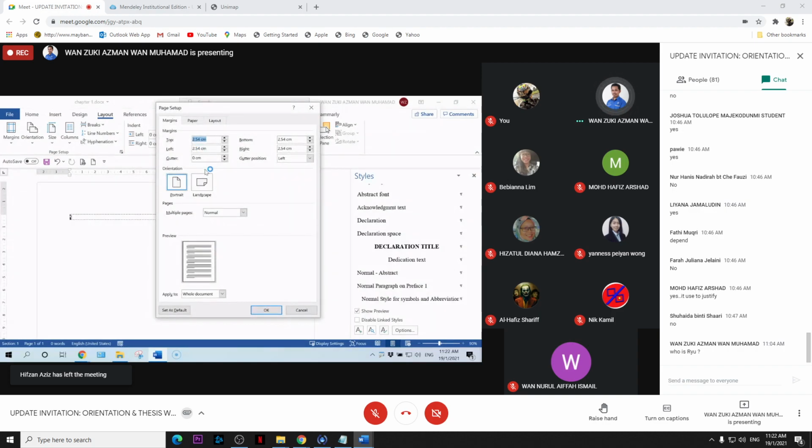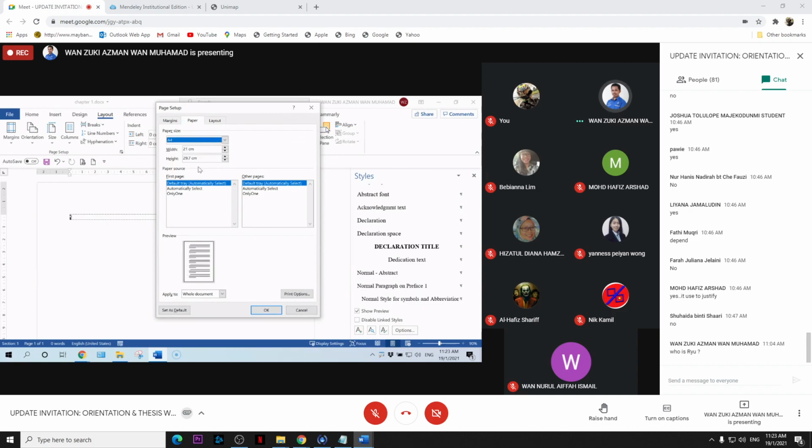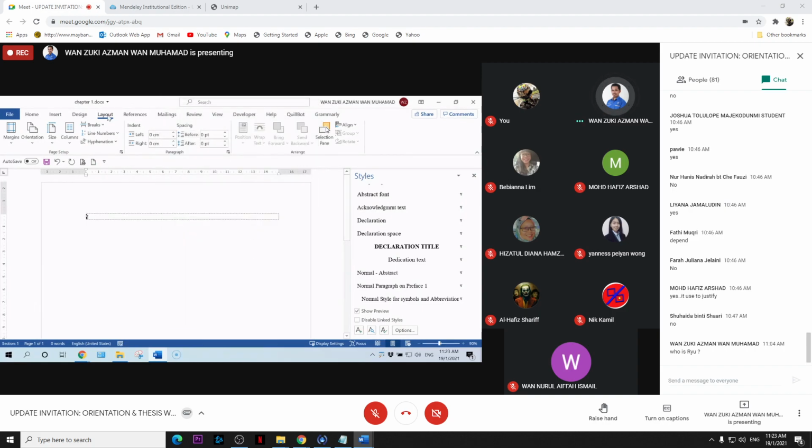Set top 2.5 cm, left 3.5 cm, bottom 2.5 cm, right 2.5 cm, and the paper size should be A4. Now my chapter 1 has the style and the formatted margin, and then I save. Now you can repeat for chapter 2 and chapter 3.